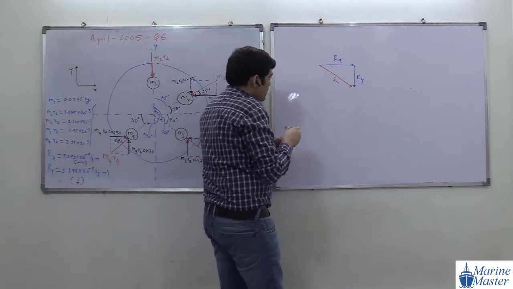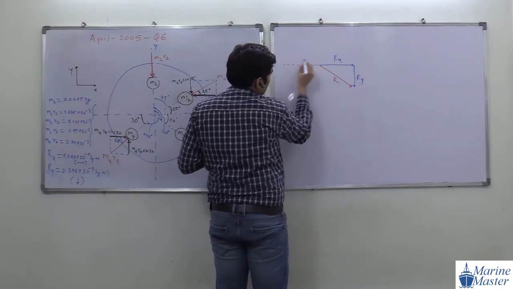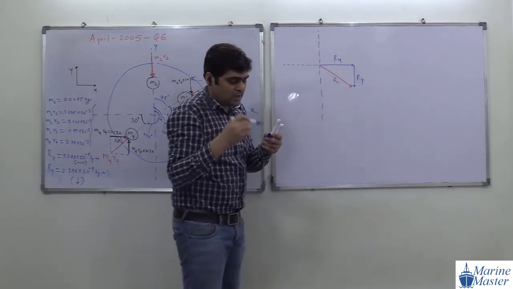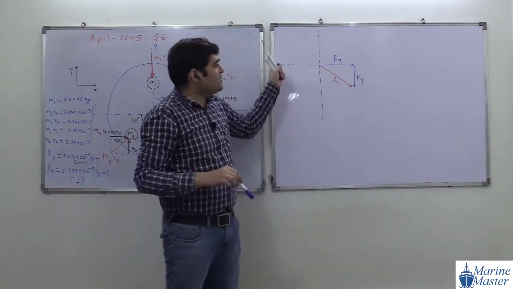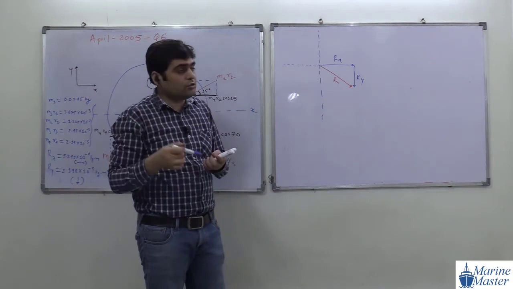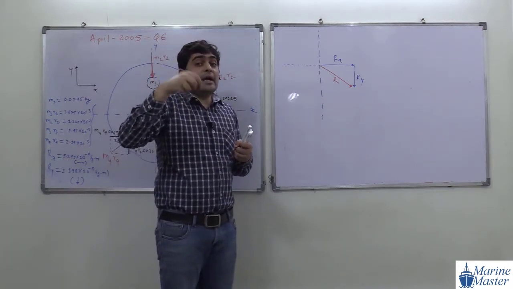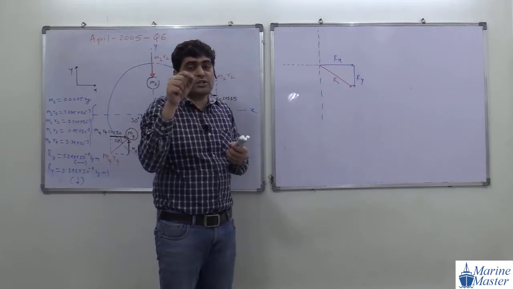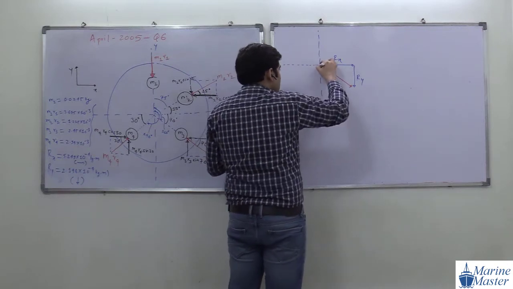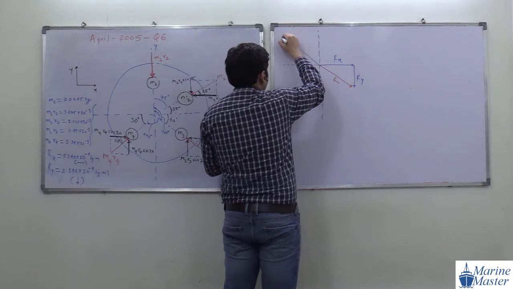Try to see the pointer here. Now I am extending this line here, and then a vertical dotted line. If you want to balance this R, what is R? Our out of balance force. And if you want to balance this system, what will be the external force? We have one mass, 0.025 kg. So the effect of that mass must be exactly opposite.